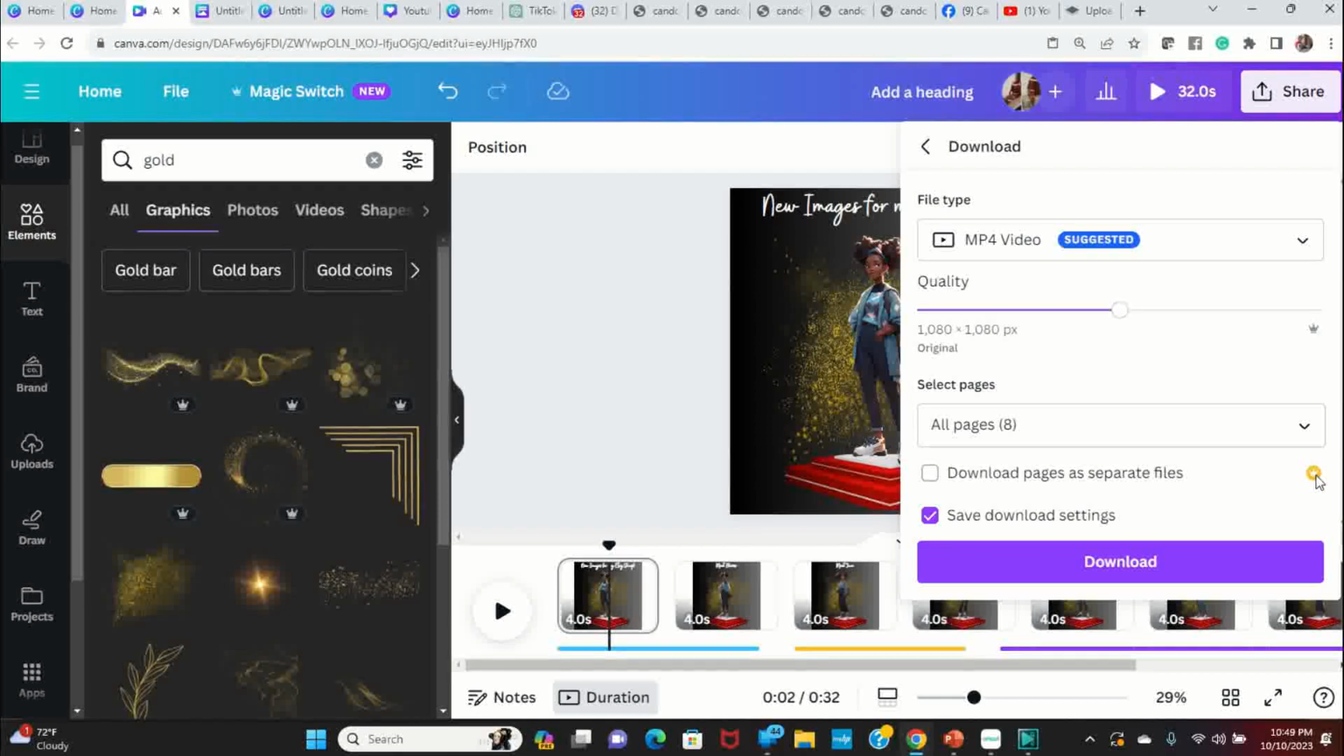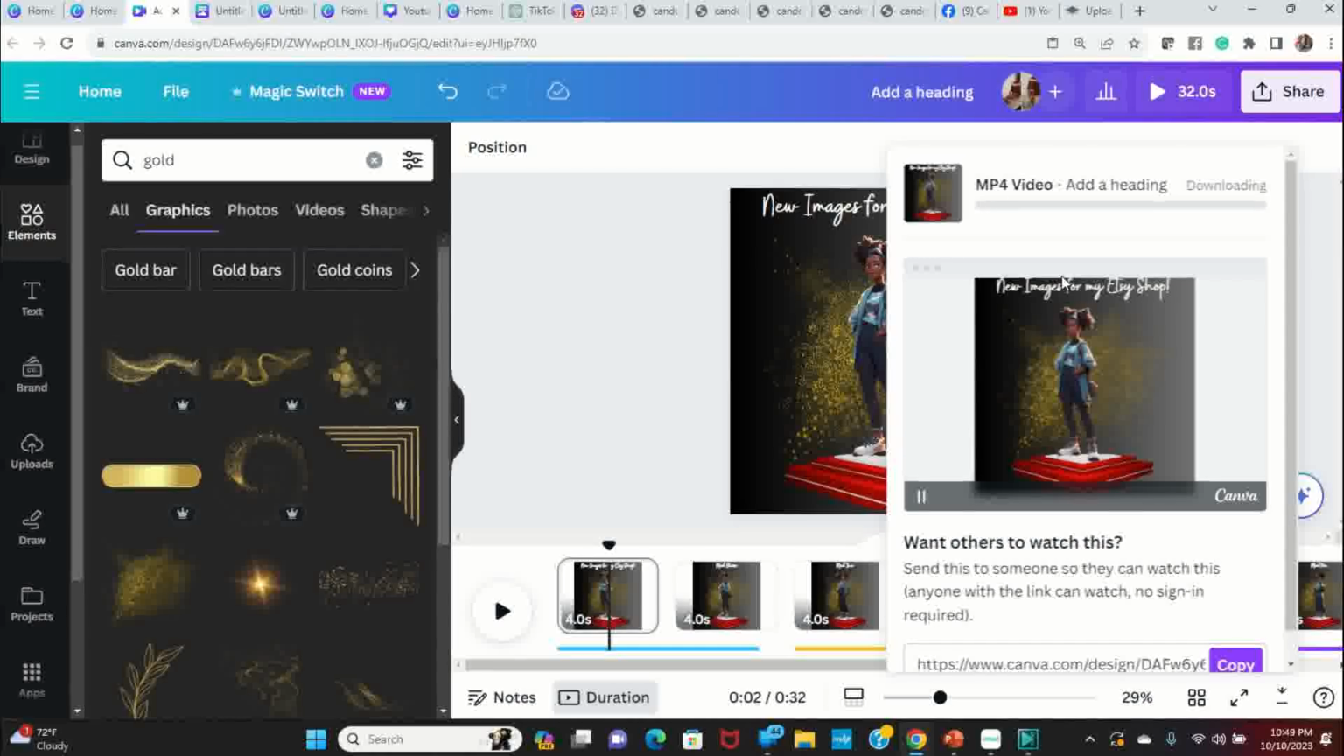And again, watch out for the stuff that is like this one says download pages as separate files, which is a pro version option. Okay, so I would just click on download and it will show you that your video is downloading. And it doesn't take very long. Once that video downloads, then